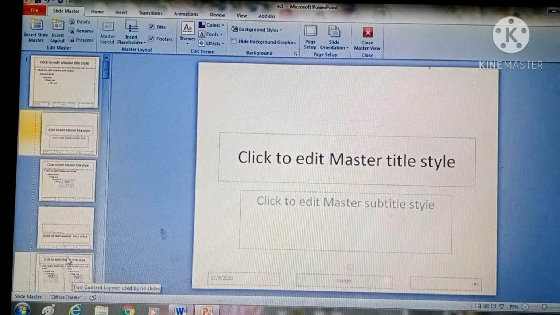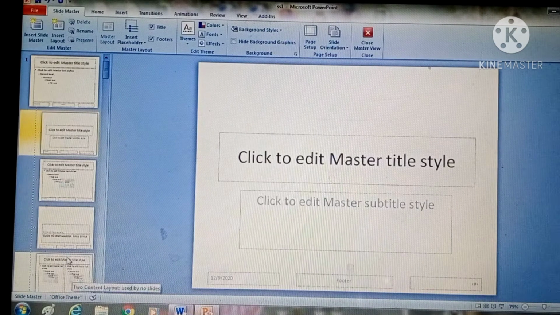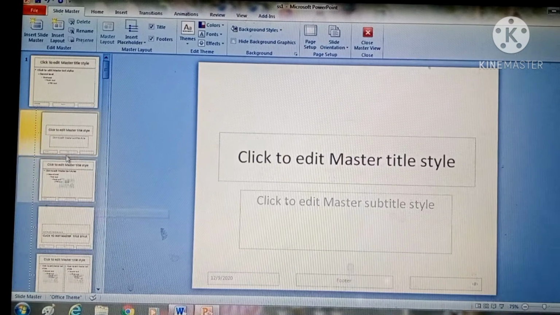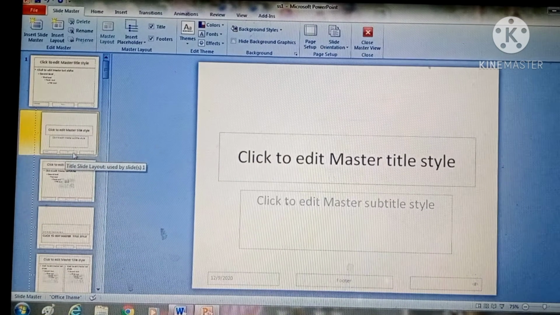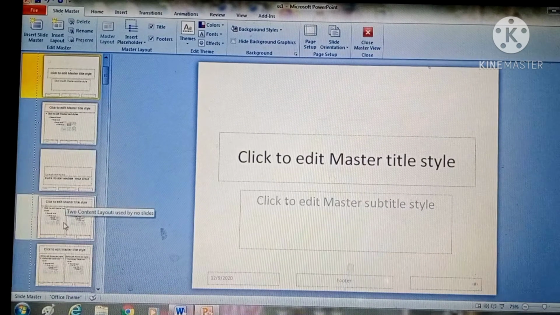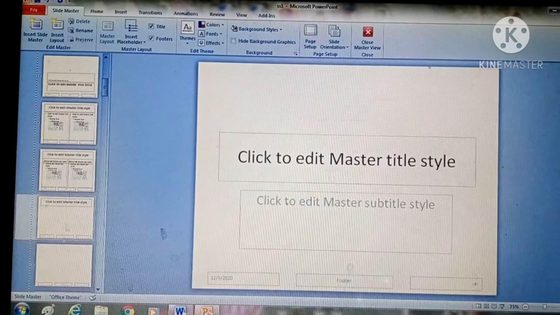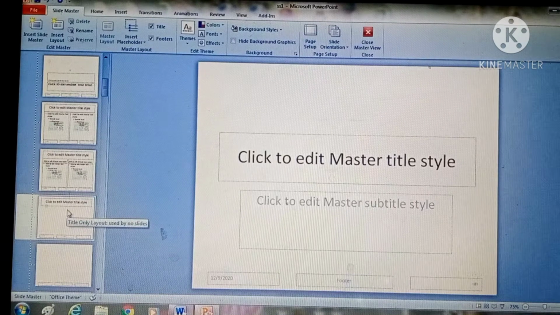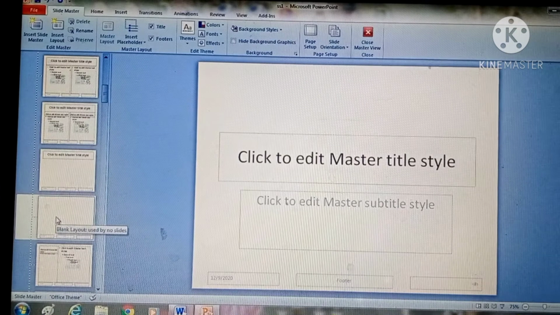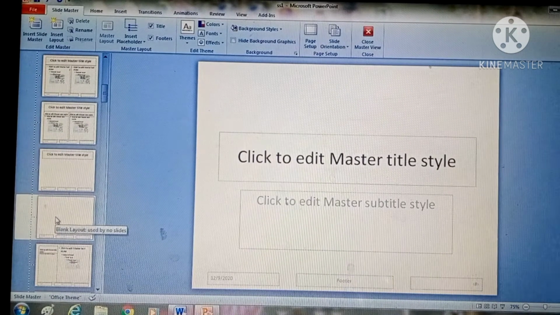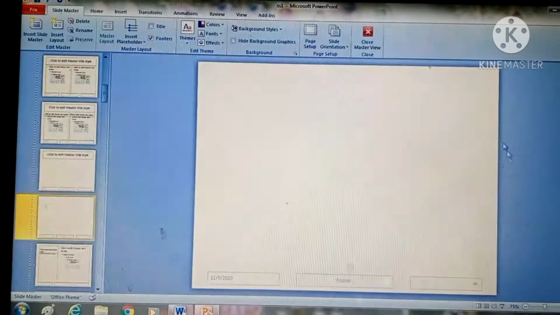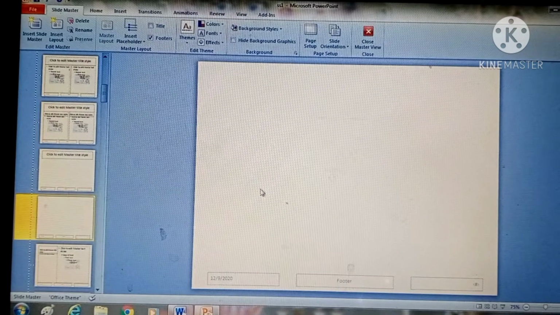In these sub slides, now you will click the blank layout slide in the list of thumbnail layouts present in this slide pane. This is the title slide. This is title and content. This is section header. This is two content, and this is title only layout, and next is the blank layout. Now we will go here to the blank layout. Now you will click on this blank layout. Now you can see it is showing the blank layout slide.